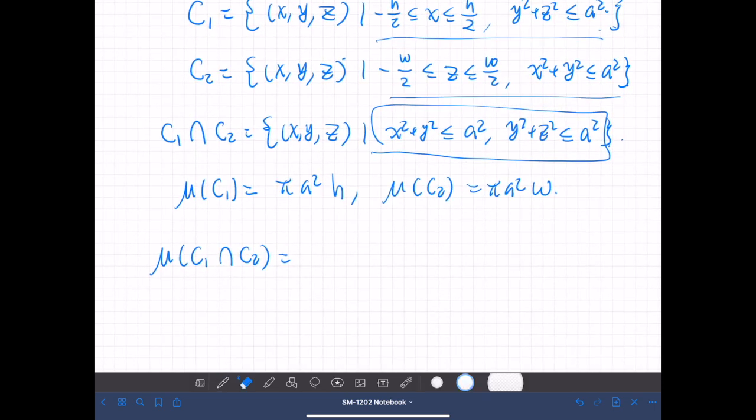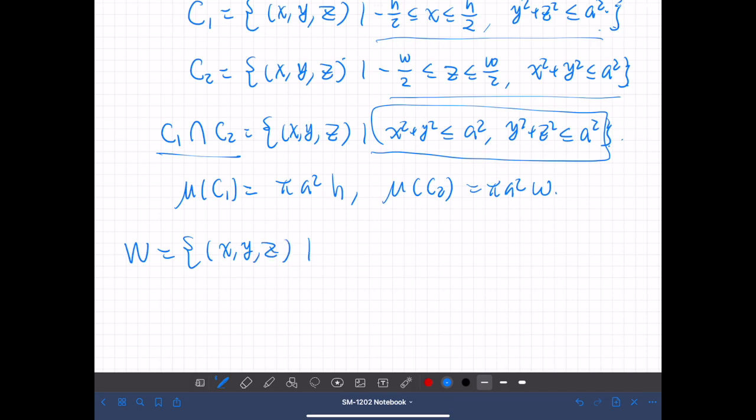So instead of this itself, we can define the region on the first octant, so that x, y, z can all be positive,